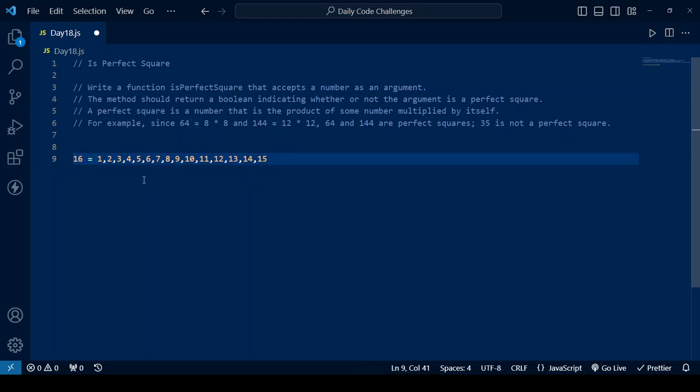All right, now after looping through the numbers from 1 down to the number before 16, which is 15 in our case here,